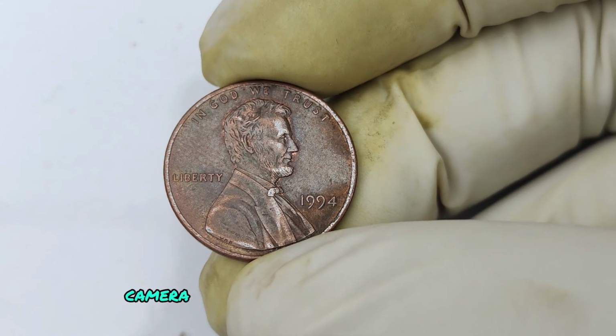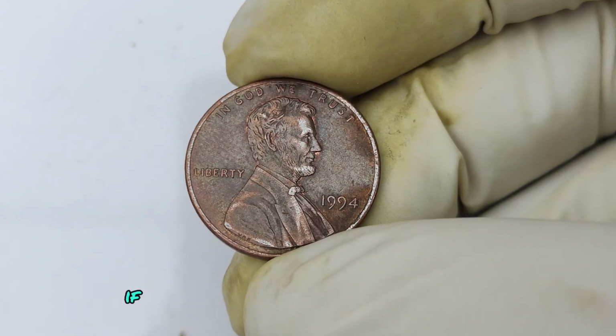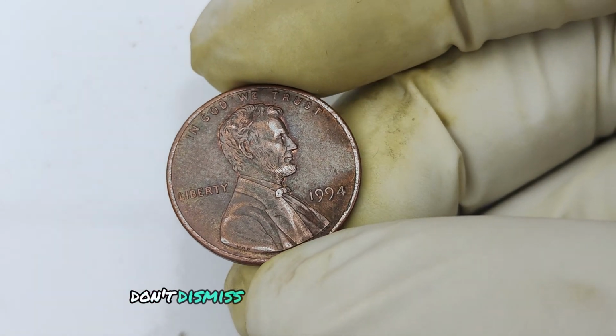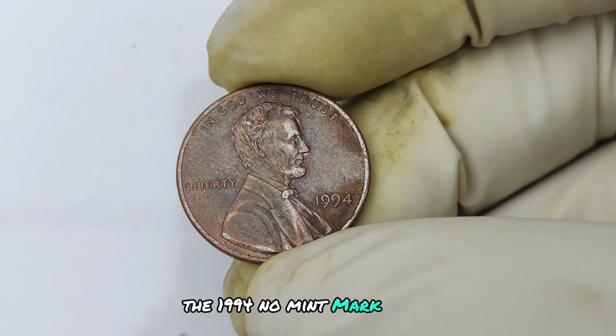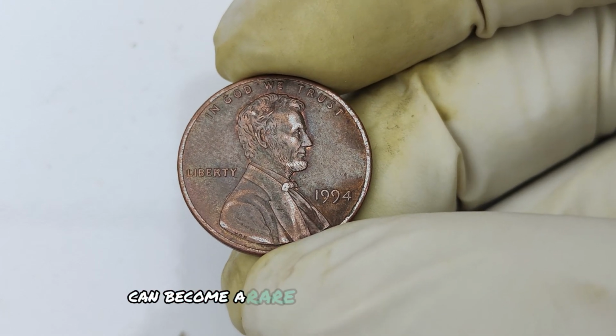sell. Camera zooms out from the penny as soft music plays. So, if you come across a 1994 penny without a mint mark, don't dismiss it as just another piece of change. Could be worth more than you think. The 1994 no mint mark penny is a perfect example of how a seemingly ordinary coin can become a rare,